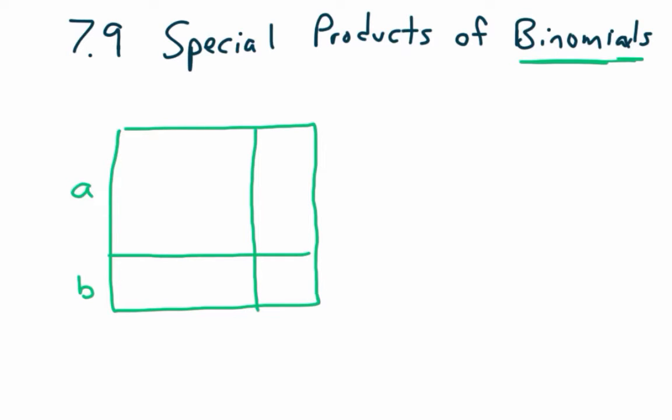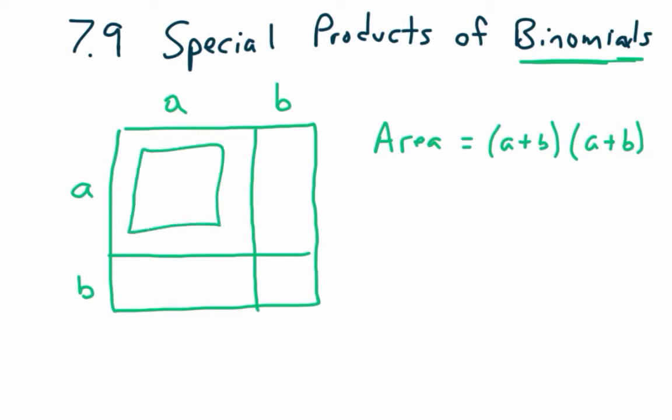Then you could do that same thing across the top, that would be an a, and this would be a b. So if I were to try to get the area of this whole thing, do you agree the area of a rectangle or a square is just the side length squared? In this case, a plus b is the length of a side, right? So I have a plus b times a plus b. So that's my area. Well, if I were to just look for the area of this part here, that's going to be